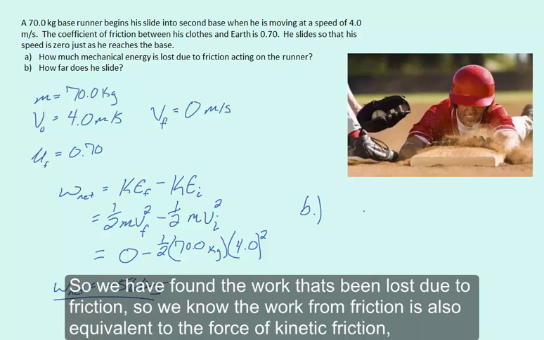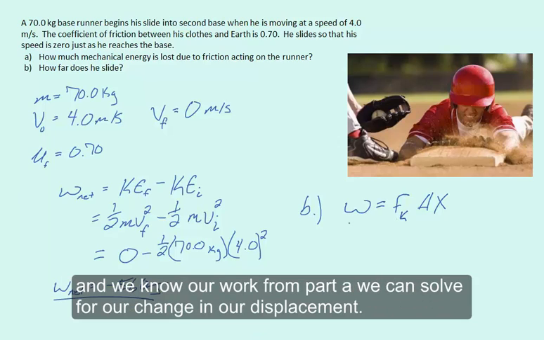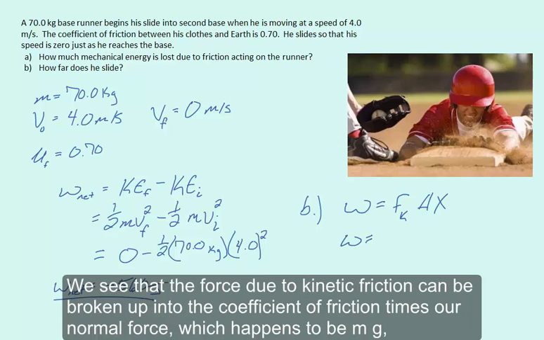And in part B, we're asked how far does he slide. So we have found the work that's been lost due to friction. So we know the work from friction is also equivalent to the force of kinetic friction times our change in displacement. And since we have our coefficient of friction, we can solve for the force due to friction, and we know our work from part A, so we can solve for our change in displacement. We see that the force due to kinetic friction can be broken up into the coefficient of friction times our normal force, which happens to be